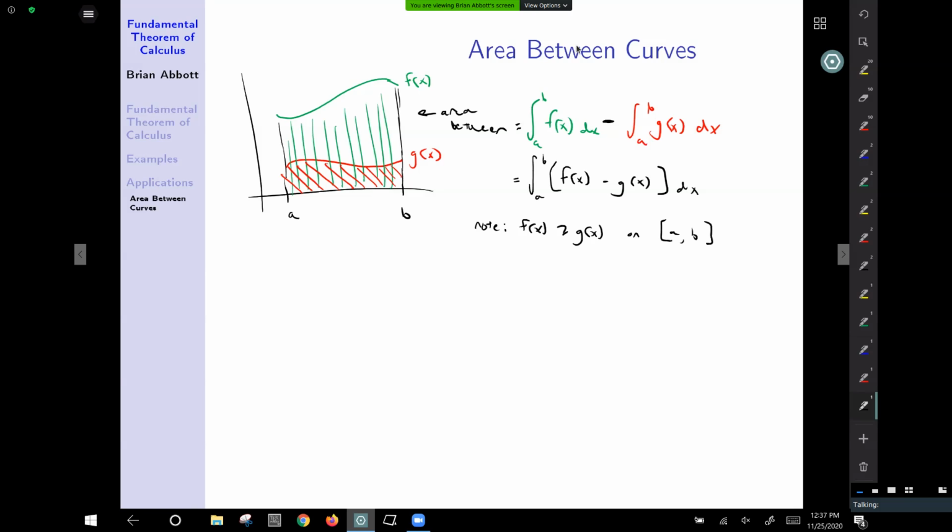The top function is above the bottom function is what that really says. f of x is greater than g of x. It doesn't cross over, because if it crossed over, and we'll do an example of where it crosses over, you may have to change which one is the top and the bottom. Sometimes people find it helpful to think of this as the top minus the bottom. And that's not a bad trick. In this case, both of our areas were positive areas with respect to the signed areas that the integral would give us. So that might ask the question, what about negative area